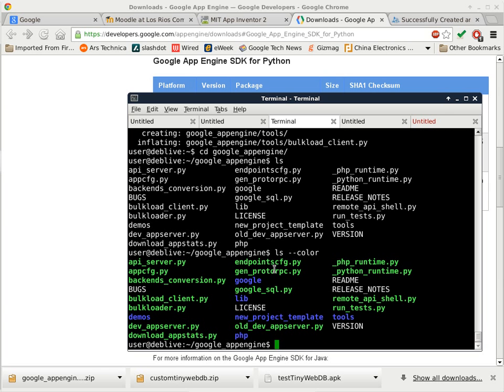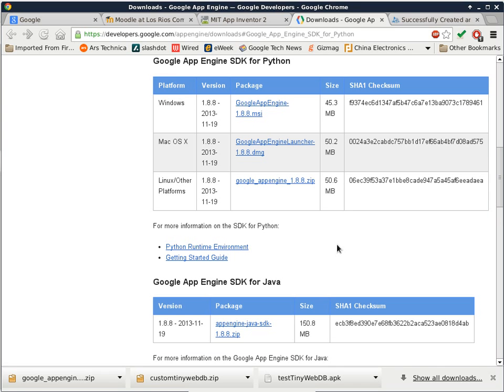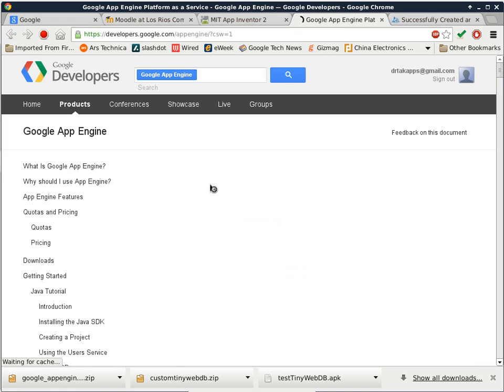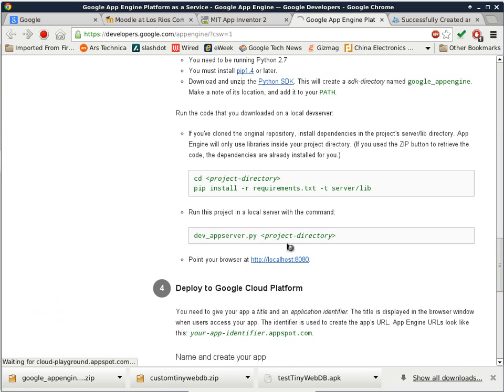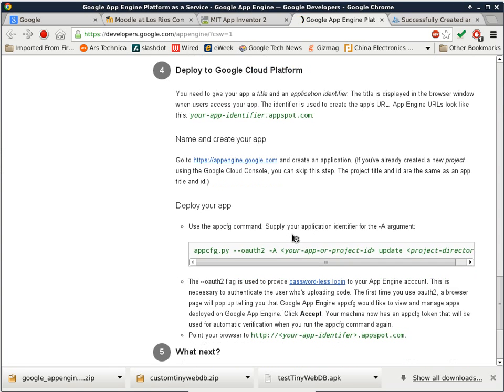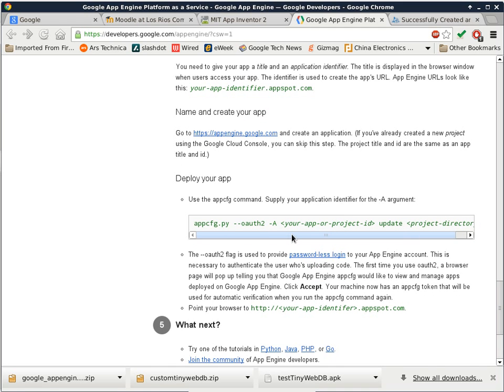Okay, so now we can go to that particular folder, and there are specific programs that I have to run. The only one that I actually need to run at this point is appcfg.py. So I just run appcfg.py with certain commands, and I just have to remember which one I need to use. Okay, so this is the command that I need to use: appcfg.py, and I specify